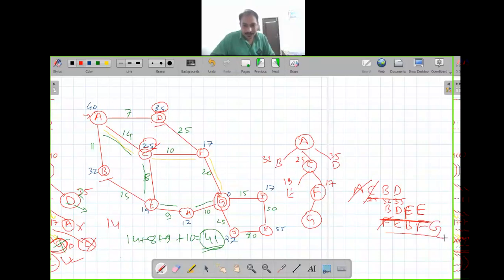Now we will sort this list by the least heuristic value. The heuristic value of G is 0, so G will come first, then E, B, D. When we explore G and compare it with the goal state, it is the goal, so we stop. In this way, we find the goal using the best first search technique. If it is clear, you can write in chat, so I can start the next search.